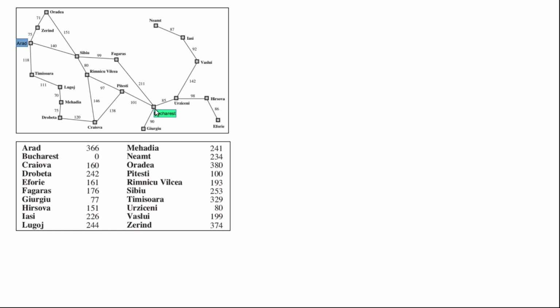So we use the straight line distance as our heuristic function, and we listed these values as the straight line distance from each city to Bucharest. For example, the straight line distance from Arad to Bucharest is 366. From Craiova to Bucharest, it is 160. And from Bucharest to Bucharest, of course, it will be zero cost. So with this,